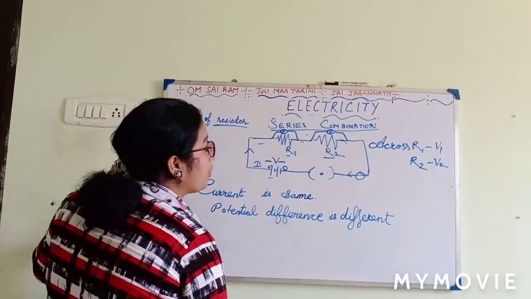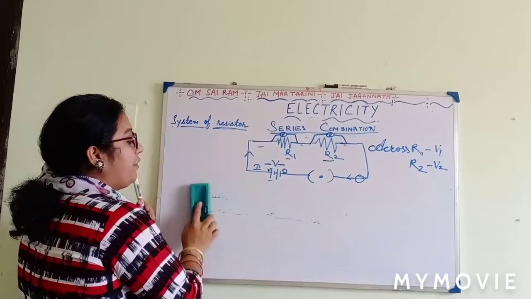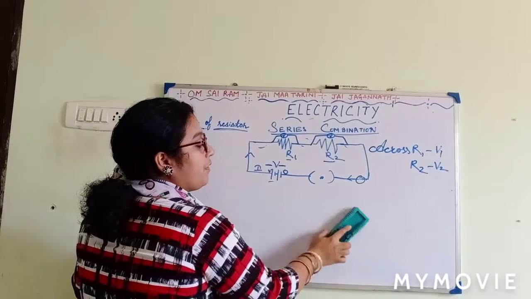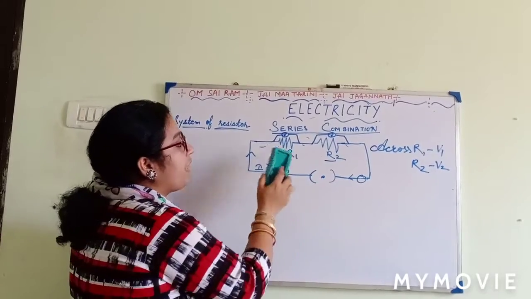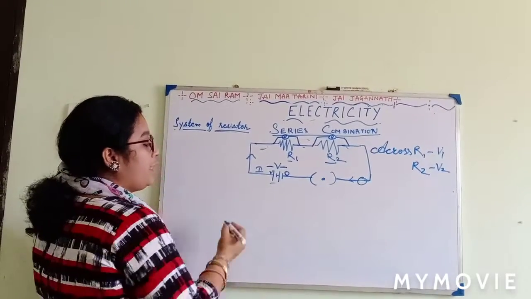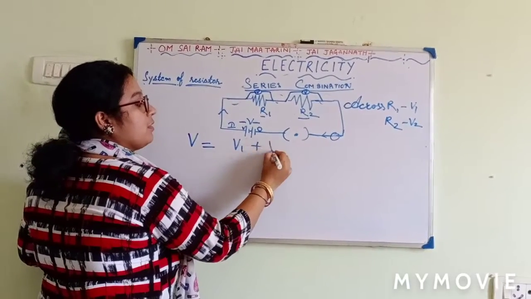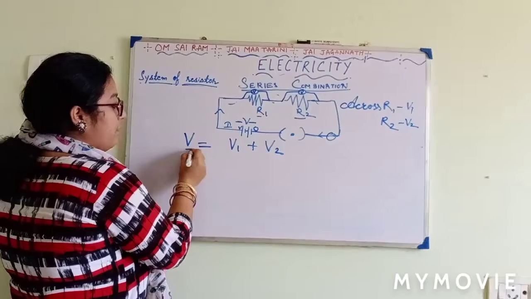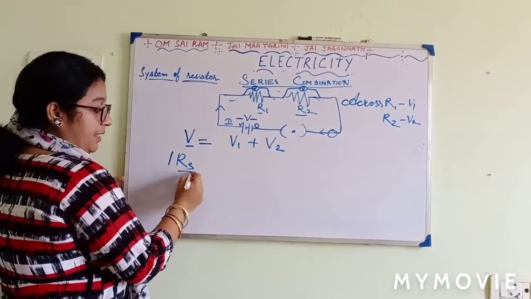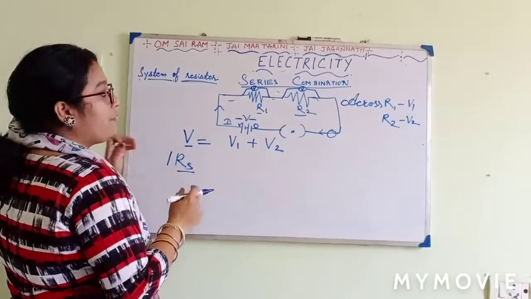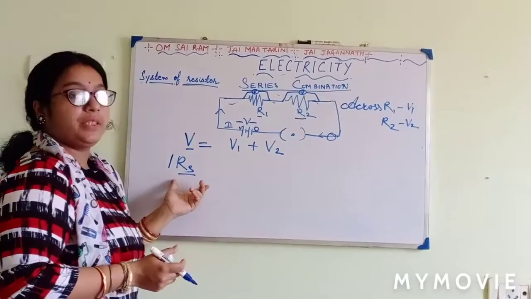Now we will derive this. What is the relationship and how to find out the effective resistance? So what is effective resistance? The net effect of all the resistors that are connected. So if I tell you from Ohm's law, what do we know? We know in this combination V is equal to V1 plus V2. So this V is equal to I RS, that is the effective resistance in case of series. So if I combine both and treat them as one resistance, that becomes the effective resistance.